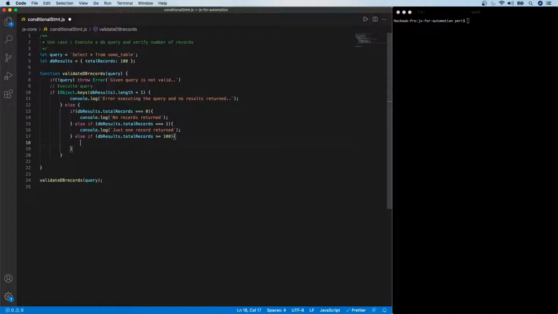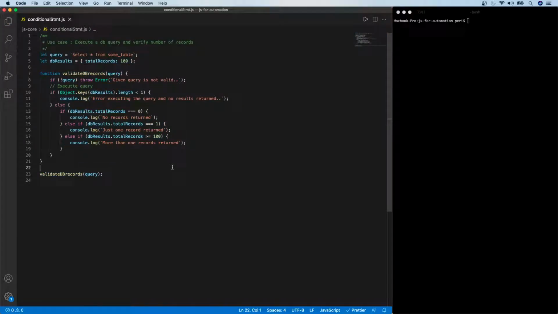These are all the possibilities, right? So if I just say more than one records returned, right? So now we have a story where we are checking some data, but within that, what are the possibilities that this 100 could be? It could be 0, 1 or more than 1. So this will cover all of your possibilities. But finally, because we are looping through all the nested else ifs, I'm going to say finally, if this value is not something that we expected, some weird error occurred or whatever it is.